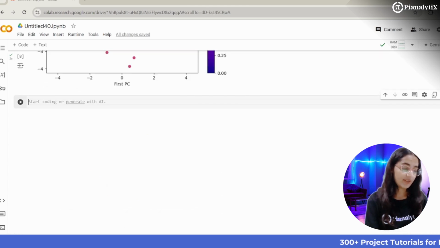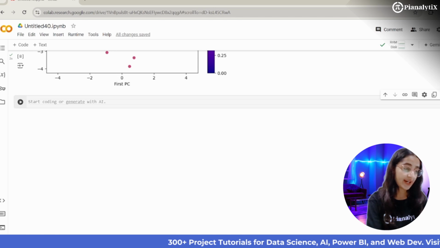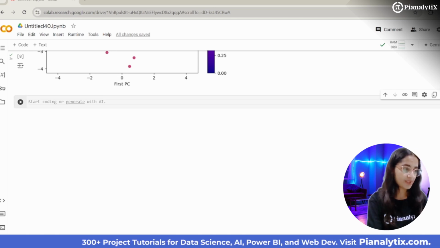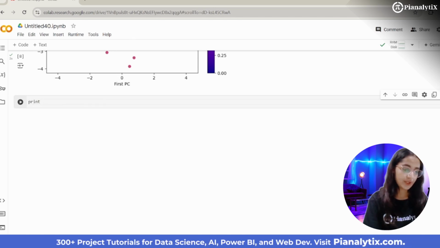Finally, let's print our explained variance ratio to see how much of our original data's variance each component represents. So print.